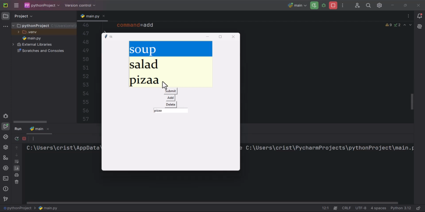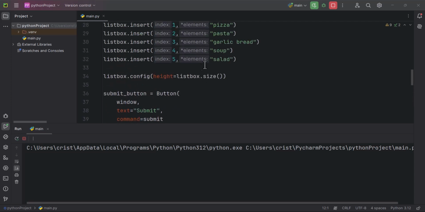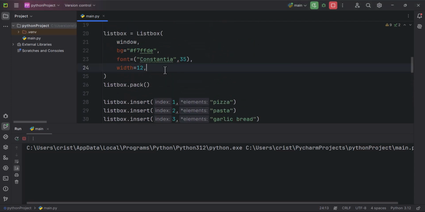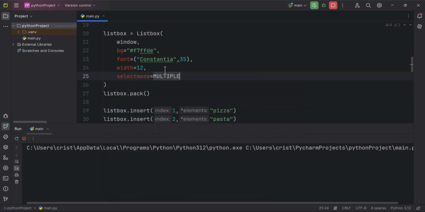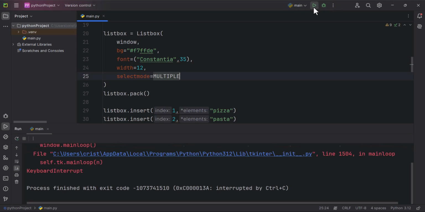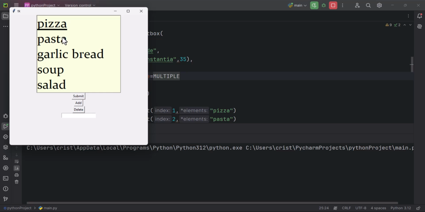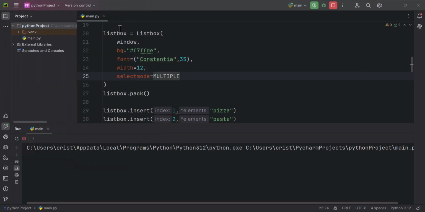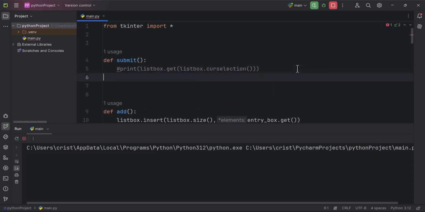Alright, now let's say that I want to select multiple items from here. To do that, I'm gonna go up here and I'll put a comma and I'll type selectmode multiple. Now if I close this, run it again, now I can select multiples at the same time. And to do that, we need to change our submit function. So let's comment this